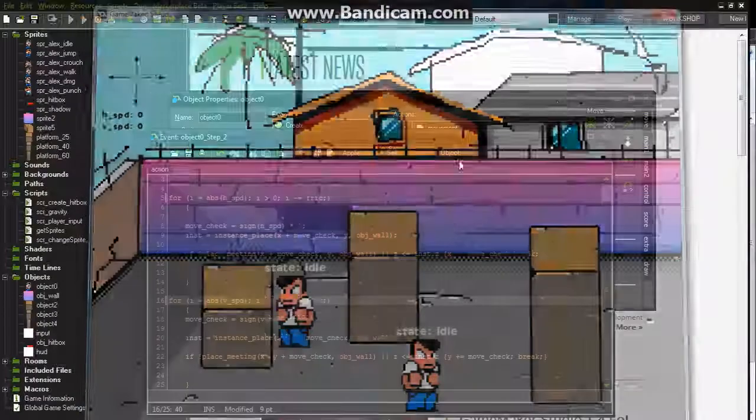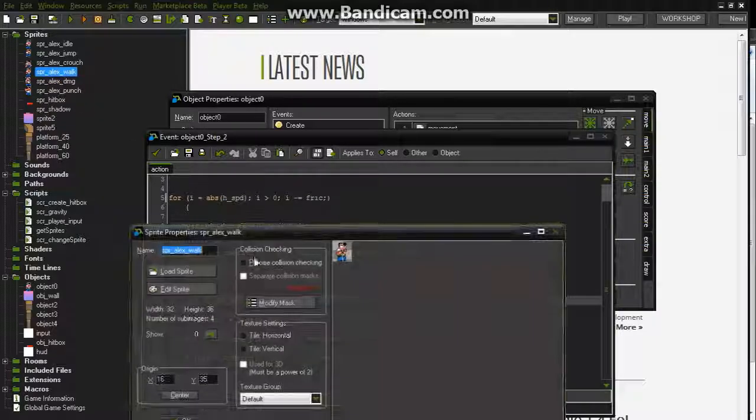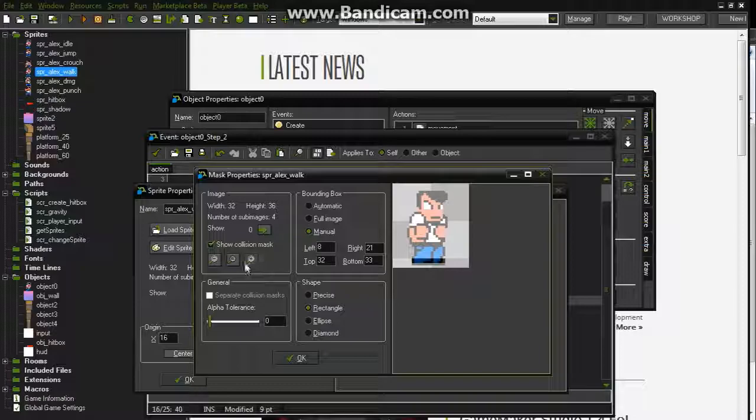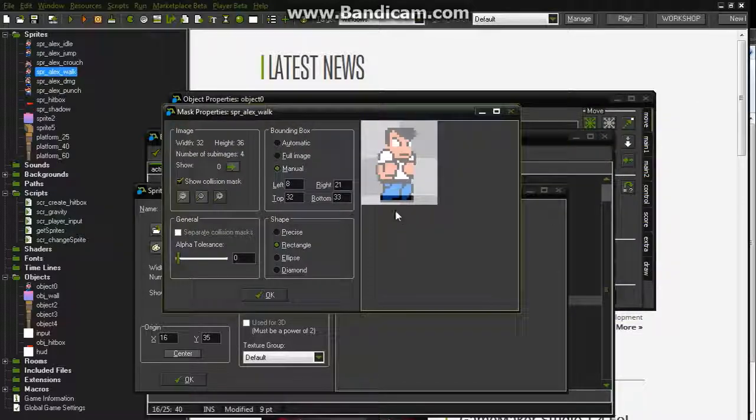Okay, so let's go back to our sprite. There's something we have to fix here. Right now, if I go to my mask, you can see the width of this sprite is 32 pixels. The left side is 8, actually 9 because the 0 gets counted. So there's 9 pixels from the edge of the sprite to the beginning of the mask, and then from here to here, there's